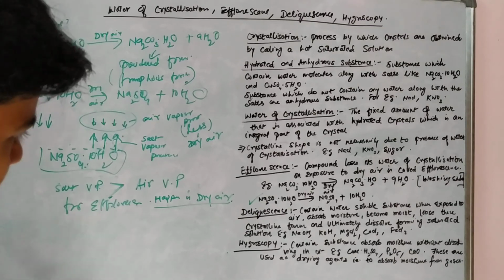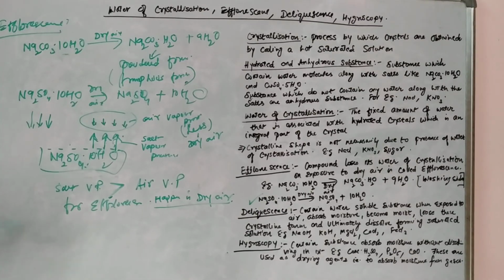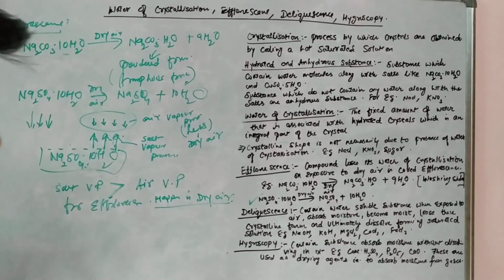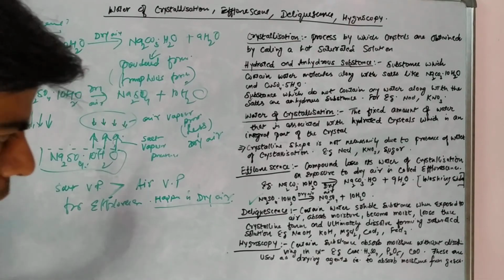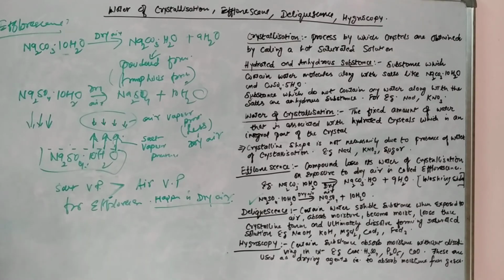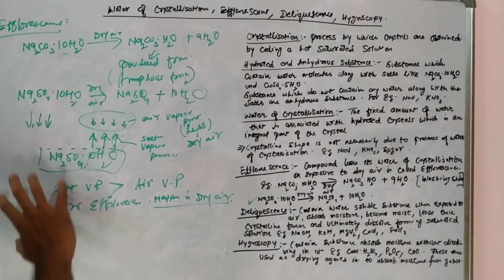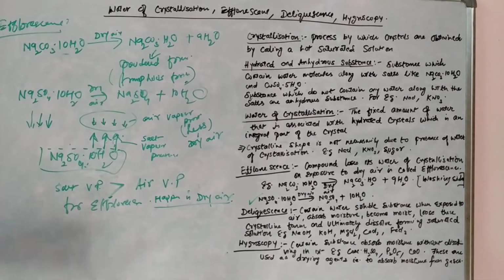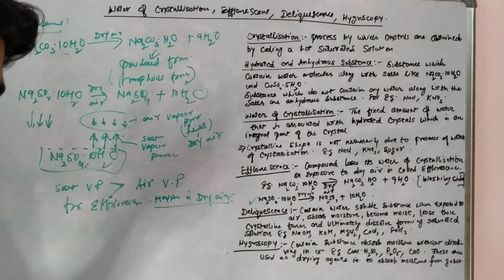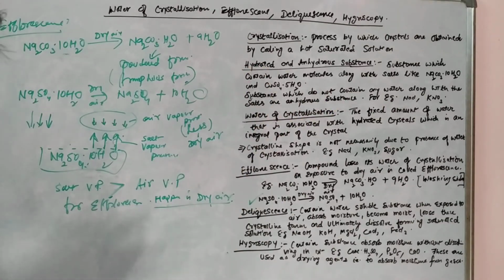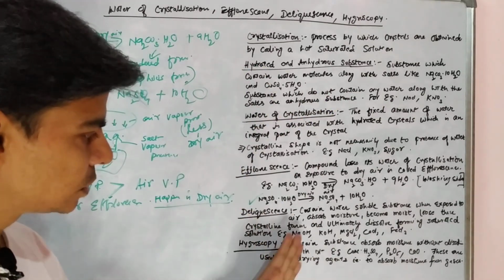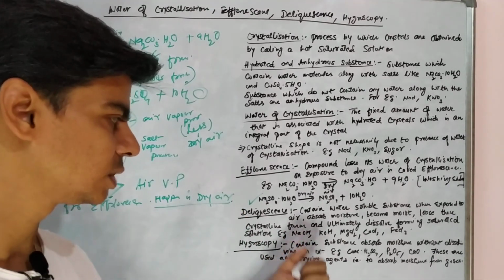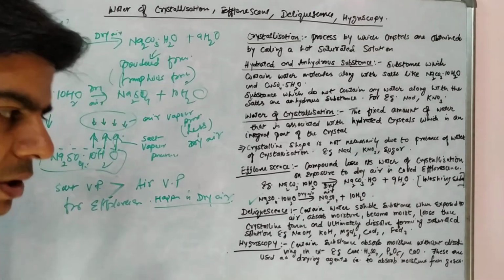So just remember this. Now we have a similar process, deliquescence, right? Deliquescence is exactly the opposite of efflorescence. In efflorescence, this salt lost its water of crystallization. This salt is losing water molecules to air, right? Now there are certain salts, like sodium hydroxide, potassium hydroxide, magnesium chloride. These salts, when left